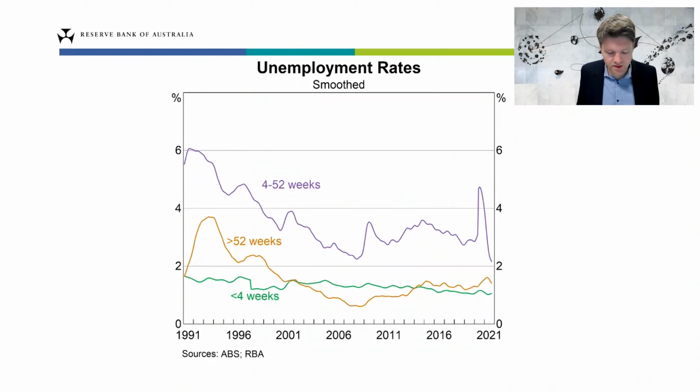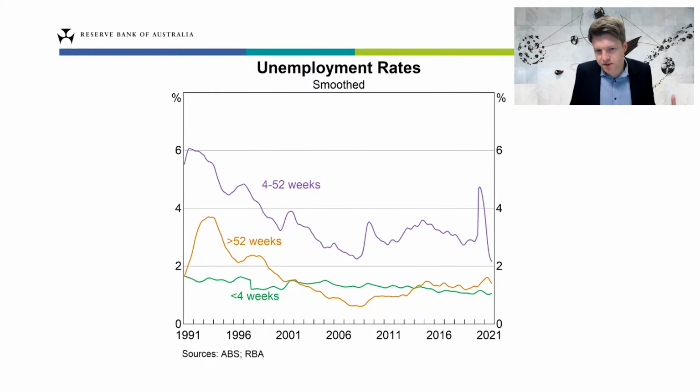One of the possible stories here is that the advent of the internet, apps like LinkedIn and websites like Seek and Indeed have made it easier for firms to find suitable workers and for unemployed people to find a suitable job. And so to the extent that firms and workers are matching together quicker than they were in the past, then that means that at any given point in time, fewer people will be in frictional unemployment. So that's part of the story, we think.